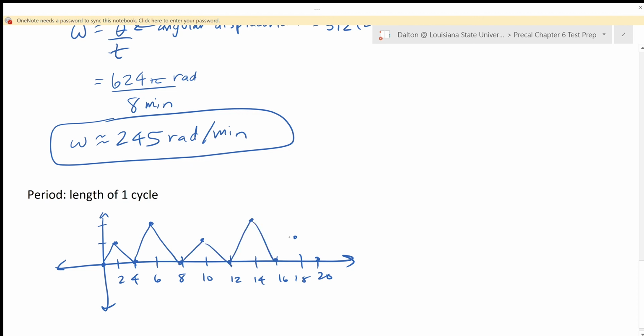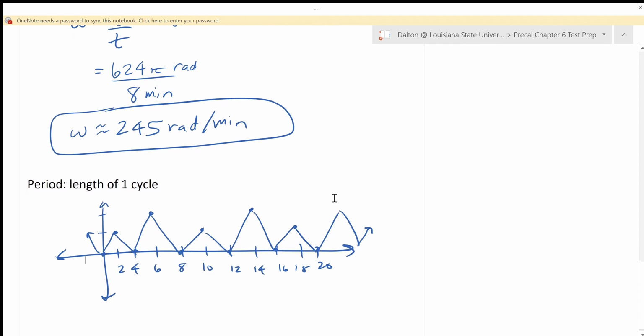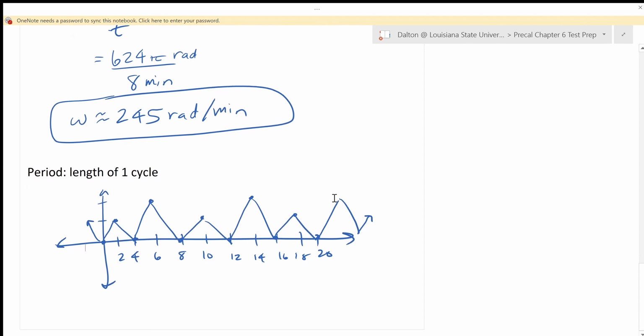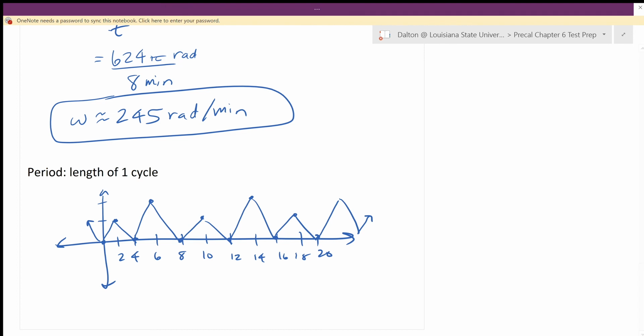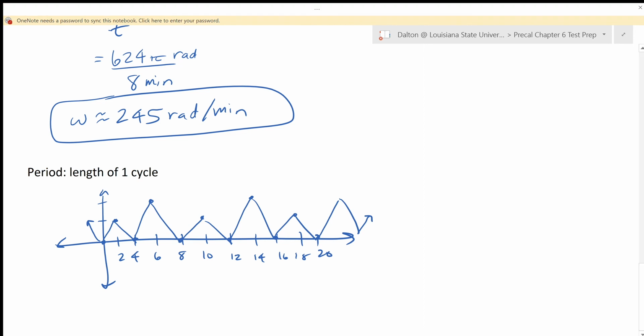So my first question is, is this periodic? Does it repeat itself over and over and over again? The answer is yes. Not exactly, right? If you look at these as little mountains, I have some small mountains and some big mountains, but I do have repeating parts. So your job is to figure out, okay, well, how long does it take for it to repeat itself? I think some of you are confusing period with maybe where it crosses the x-intercept again,